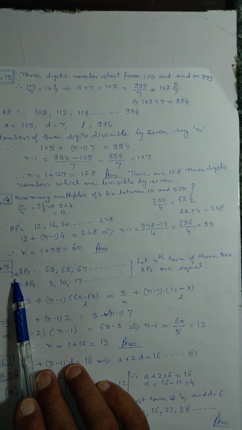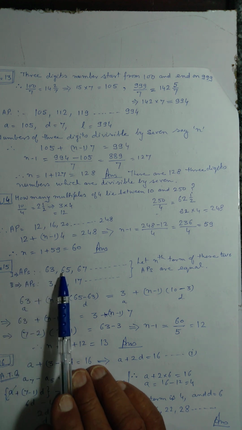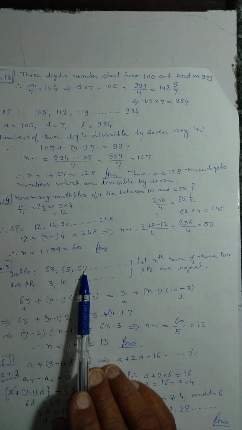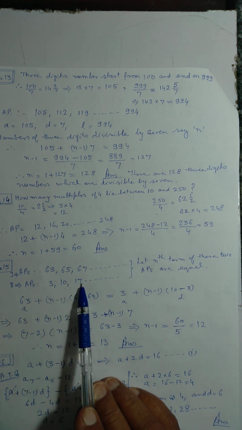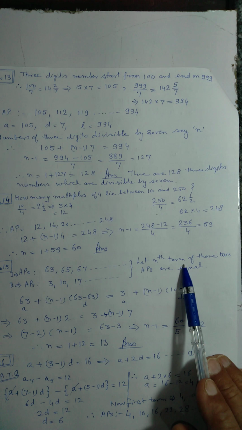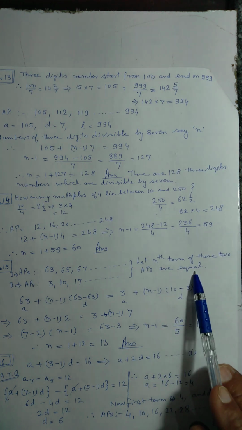Now you see I have written the first AP, that is 63, 65, 67. Second AP starts from 3, 10 and 17 and so on. Let the nth terms of these two APs be equal. Therefore,